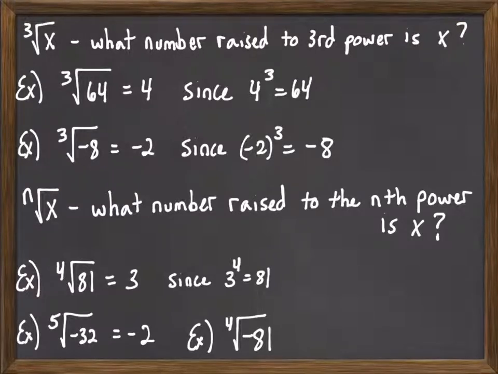Because if you multiplied something times itself 4 times, it's going to have to be positive using numbers as we currently understand them. Now, it's going to turn out later on in this unit we will learn how to simplify square roots of negative numbers, but it takes a lot more mathematics to be able to compute a fourth root of a negative number. That's still quite a ways off. You need a good bit of trig and stuff before you can do that. So this is just an introduction to radicals. In upcoming videos we are going to look at simplifying radicals with both numbers and variable expressions. Until then,